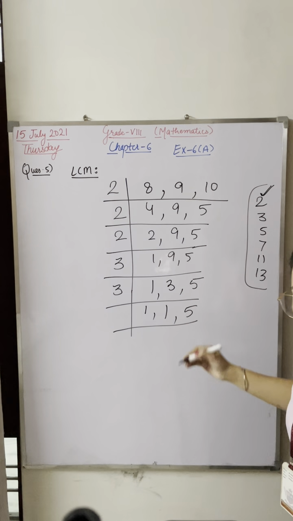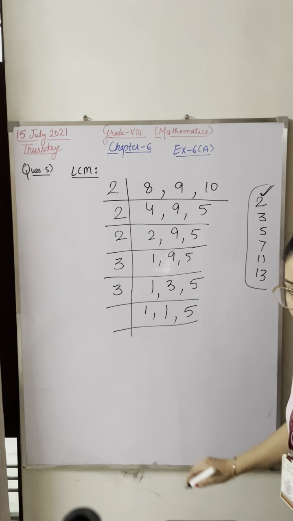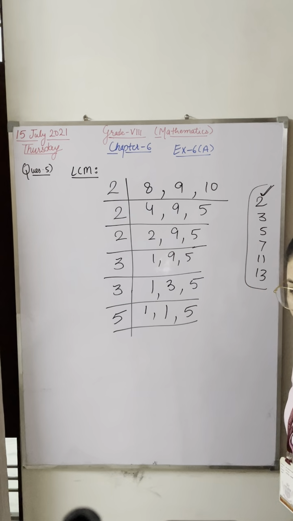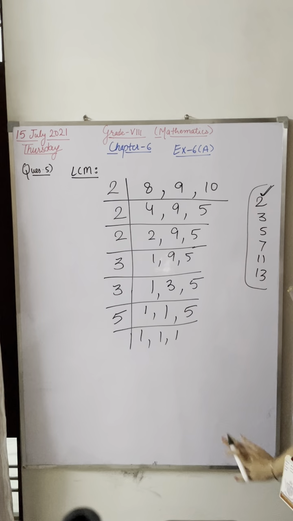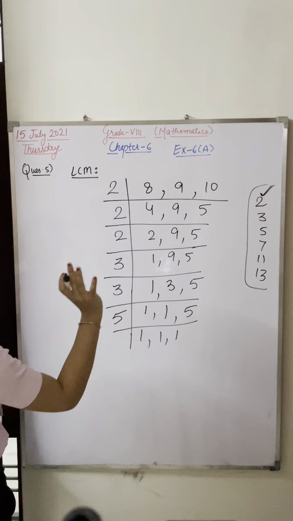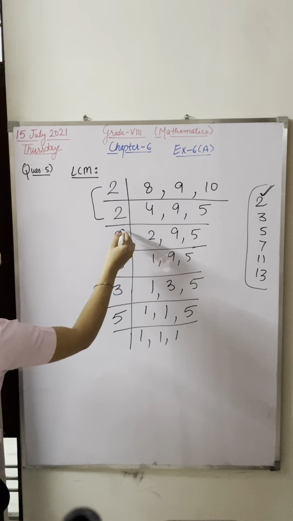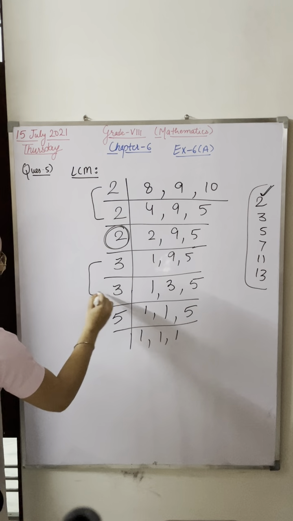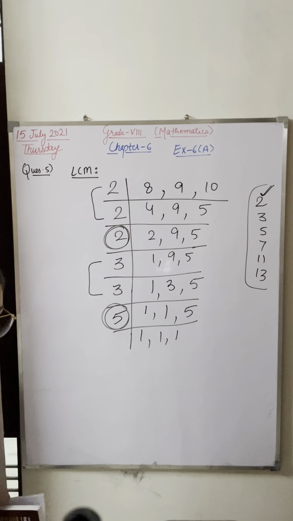Now at the last, it will go on which table? Riyam, very good. Now it will go on 5. So 5 ones are 5, then 1, 1 and 1. Now everything has cancelled. Now you have to mention what the numbers are. How many numbers are in pairs? This is the first pair. Now 2 is single. This is the second pair. 5 is single. So which two numbers are left as single? There are two pairs and two numbers which are left as single.